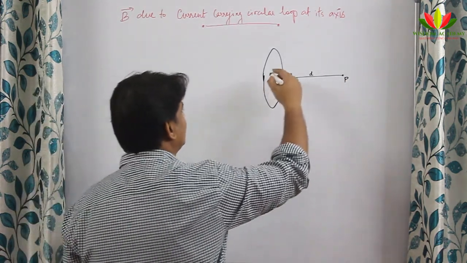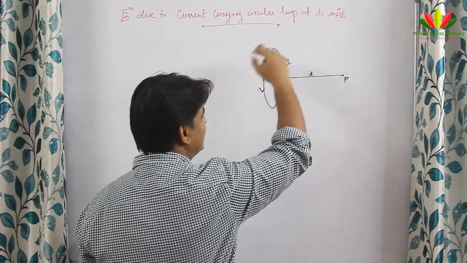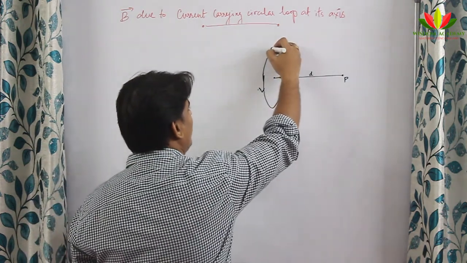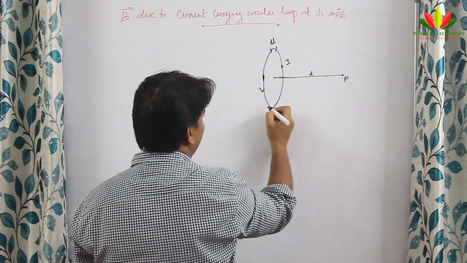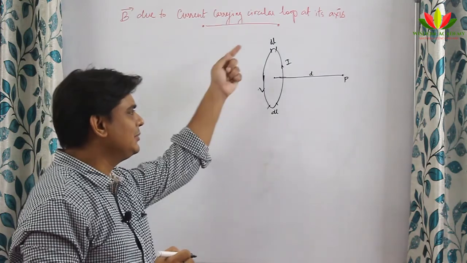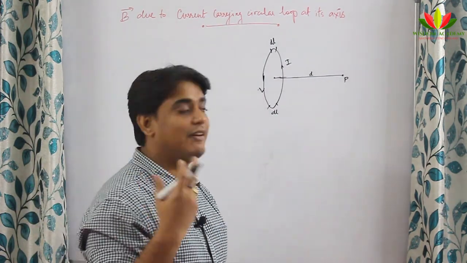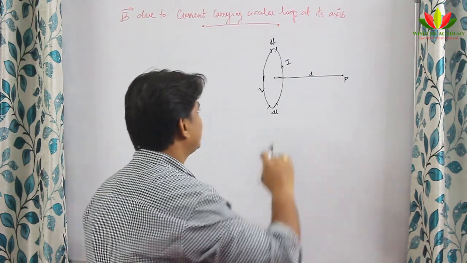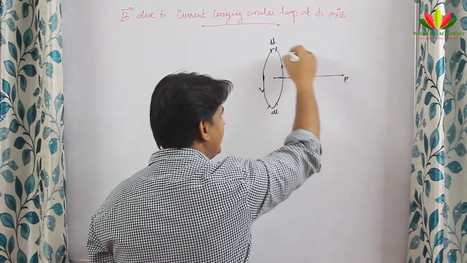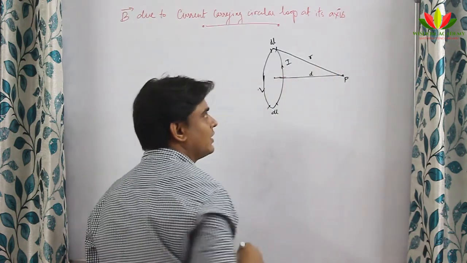So let the current flowing through the conductor be I, flowing in this direction, and I will take a current element. I will take one current element dl at the top, and the same current element dl at the bottom. Due to both of these elements, I will find the magnetic field at P. You will understand at the end why I am taking these two points up and down. First, from this dl, to find the magnetic field at P, I join this point to P, which is the position vector. Let this be r.